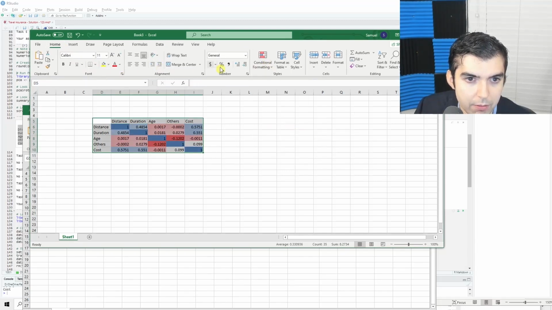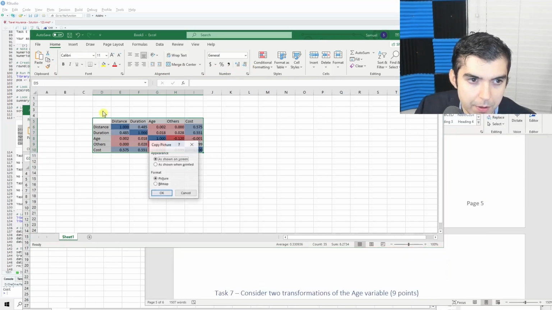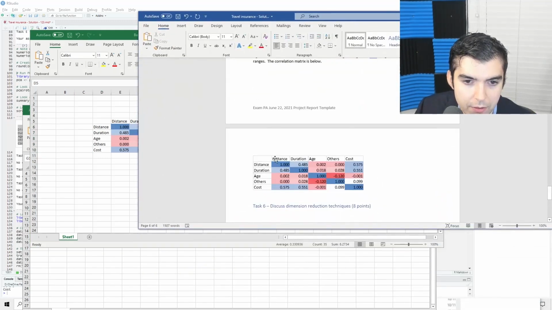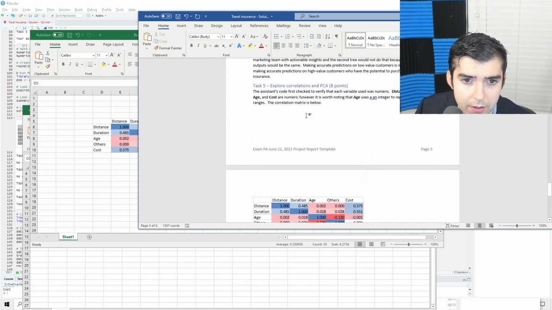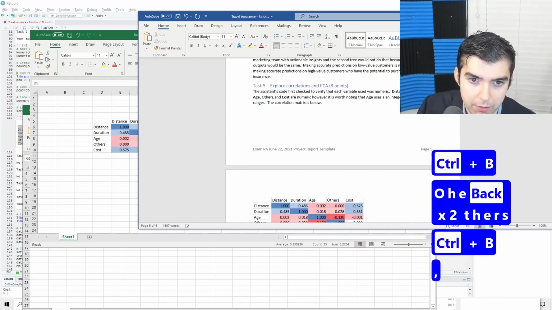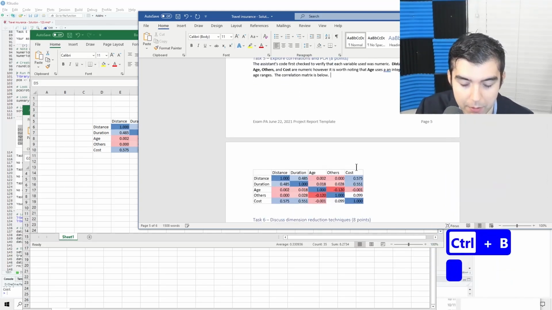And then you can round these. I want to copy this picture, which will allow me to make this nice picture. So this is using distance, age, others. Oh, others is also included.